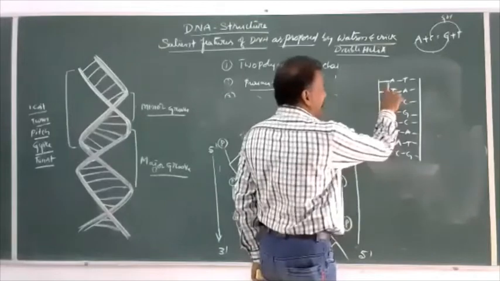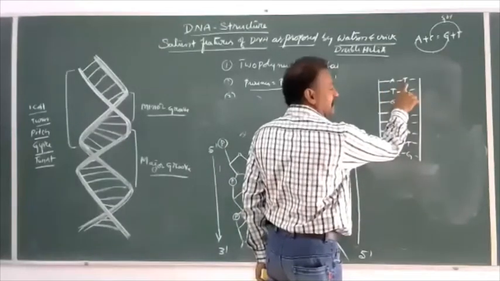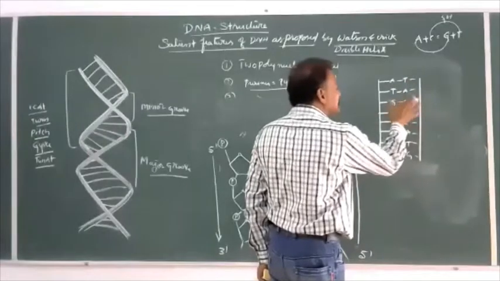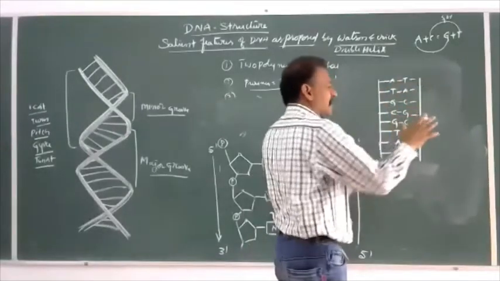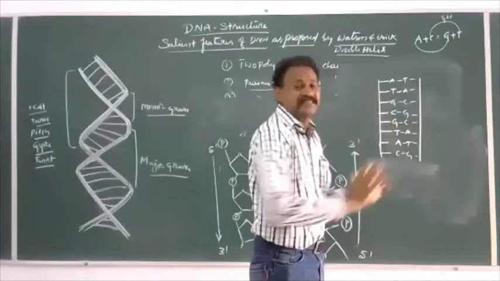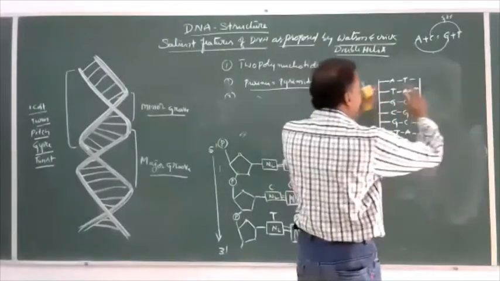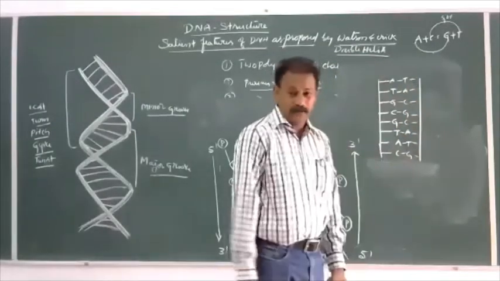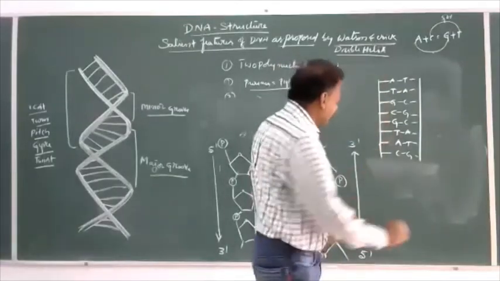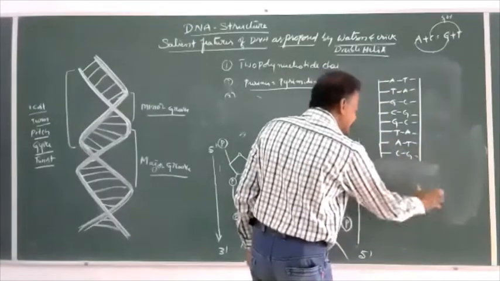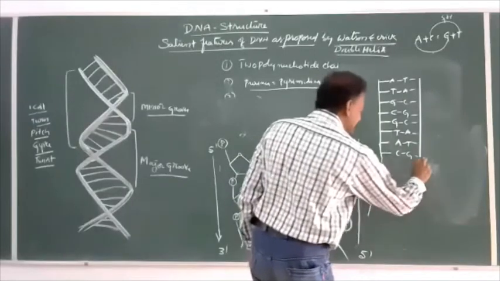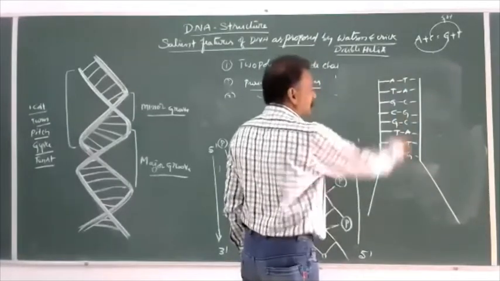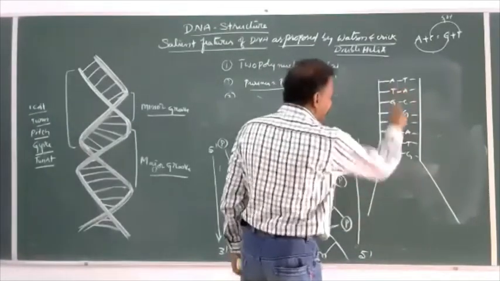And whenever adenine or a purine bonds with a pyrimidine thymine, or whenever guanine bonds with a cytosine, the distance of these two will be always approximately constant. So it is not going to show any change in the width or diameter of the DNA molecule. And when these strands are separated, for example, like this, by breakdown of the hydrogen bonds between these two, so what happens? They will be like this.